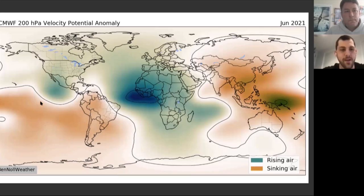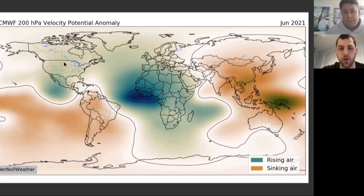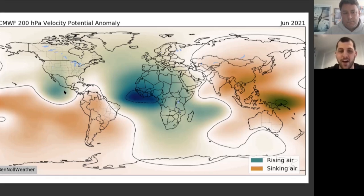So what we have here is the velocity potential patterns for June of 2021, so a couple months from now. In green, we have rising motion, and in browns, we have sinking air. And we tend to see that rising air over areas of warmer than average ocean temperatures, and the sinking air over pockets of cooler than average ocean temperatures. So what we're seeing here is quite a bit of sinking, as you'd expect, across the Pacific in general. But we have this pocket of unusually expansive rising air here across the Atlantic Ocean and